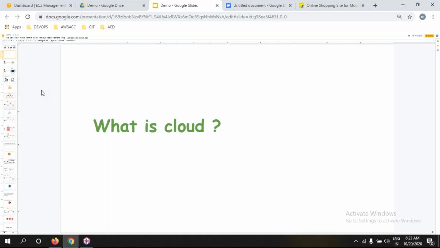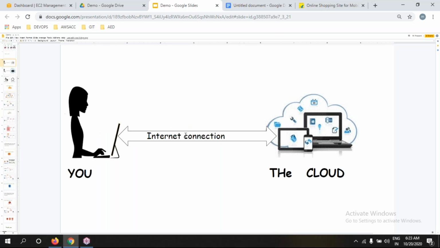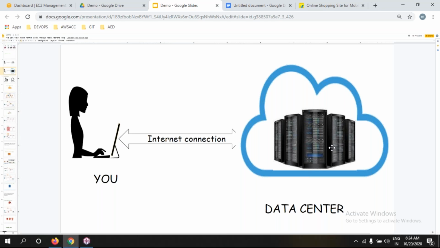I'll repeat: if you can access remote placed resources over the internet from your laptop, that is a cloud. But cloud gives you only the servers, not computers or desktops, for deploying and maintaining our applications. I hope you understood very clearly. This is exactly cloud.